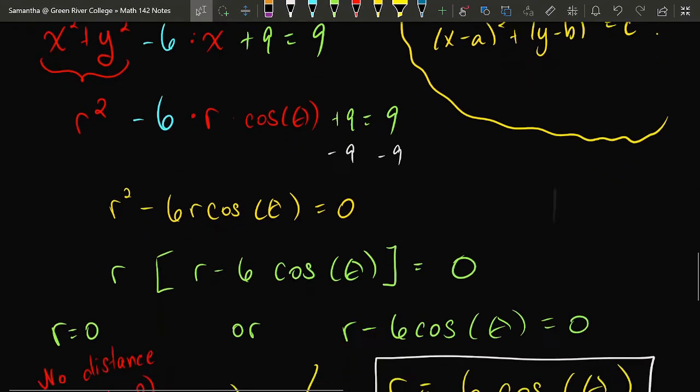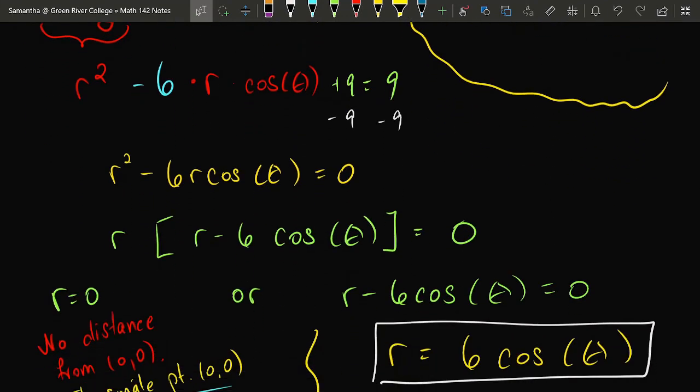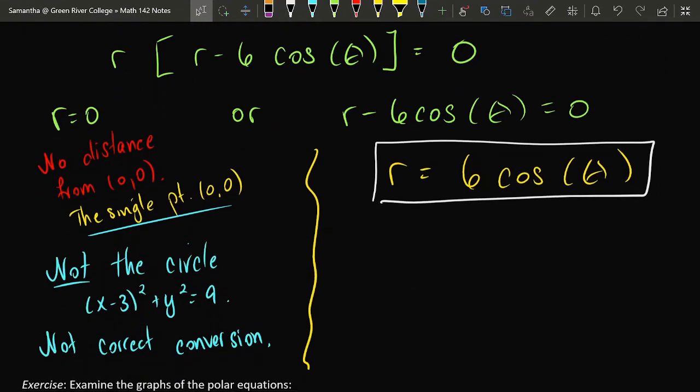But then it's worth checking to see if your equation can be simplified a little bit through arithmetic, for example, subtracting 9 from both sides, or through some factoring and basic reasoning. For example, here we factored out an r, and we said that r equals 0 corresponds to a single point at the origin, and therefore cannot reasonably describe this circle. Instead, the circle was reasonably described by the equation r equals 6 cosine of theta. And for visual confirmation of the fact that this equation describes the circle in this problem, let's head off to Desmos and let's have a look at the graph.